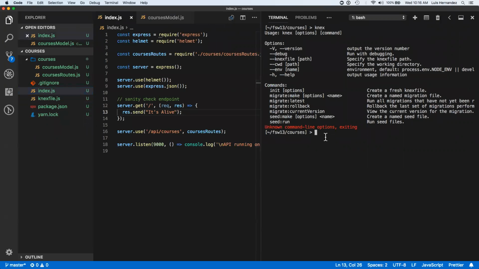We have no database, but we have an idea of the stuff that we want to put on the database in the beginning. Like in the beginning, we want to have a table called courses. So please go and delete your database, make sure that it's not there. An easy way to know whether that worked or not is if you go and try and run